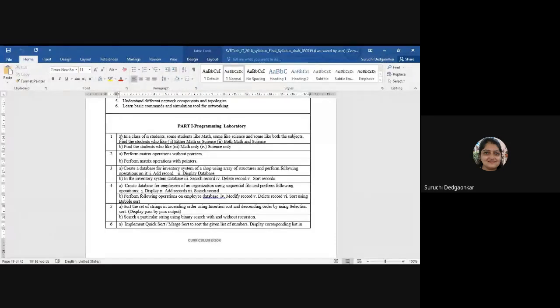The second thing is what is the expected output, and the third thing is how to approach the output from the input: what is the algorithm, or what will be the steps. If we have these three things, we can solve any small or big problem or any big project.